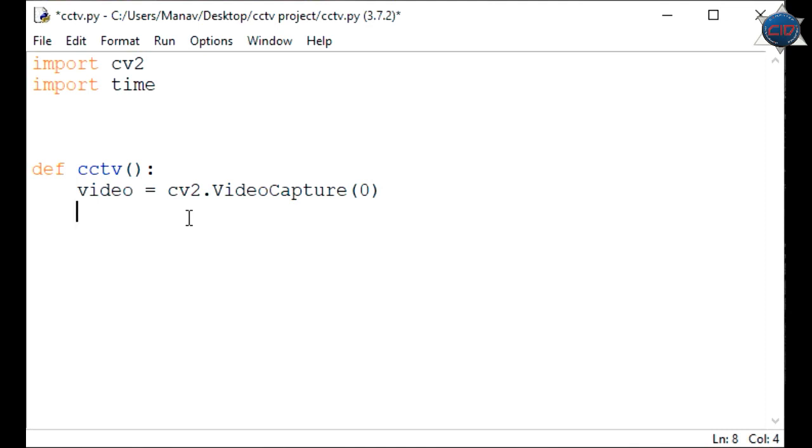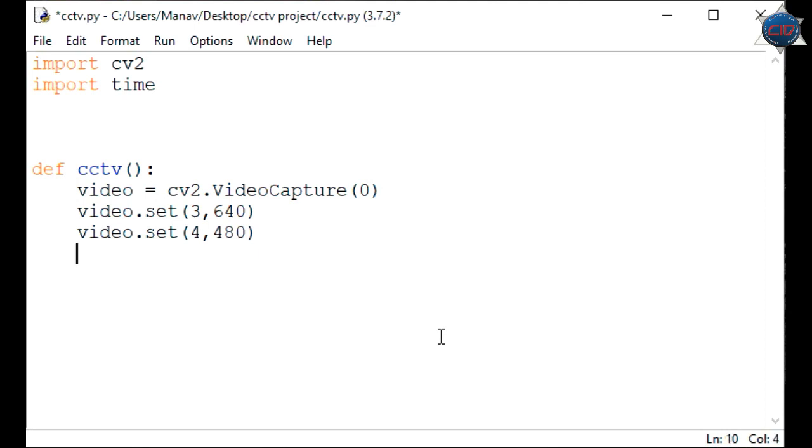Now I am going to set the resolution of my video. So I'll call video.set, and under this I'll pass width and height. The width and height property values in OpenCV are 3 for width, and I'm passing it as 640, and next I'm passing video.set 4, and this is for height, and I'm passing it as 480. Okay, that's it, we have set.